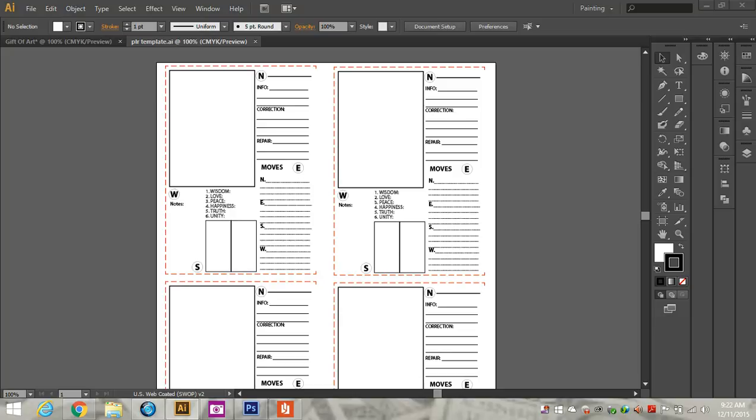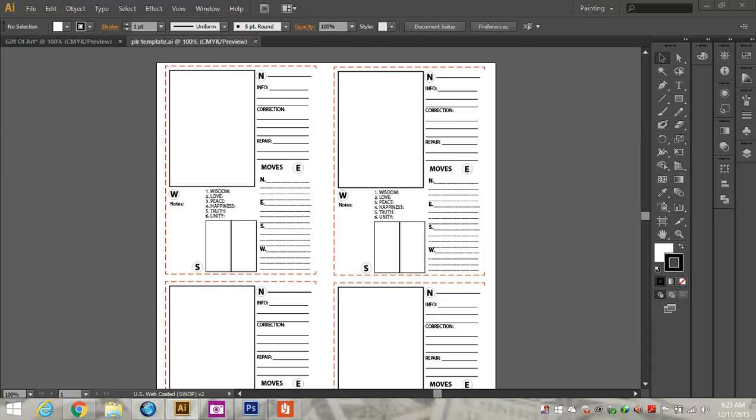Hello, so this is a tutorial on the Peace and Love Rally card game and how kids can make their own cards. So here we have a blank space where the image of the character will go, and now we've got the north, east, south, and west. That's important. But notice also the name is at the top so that way the kid can put their name, the name of the character, and maybe right at the bottom their own name.